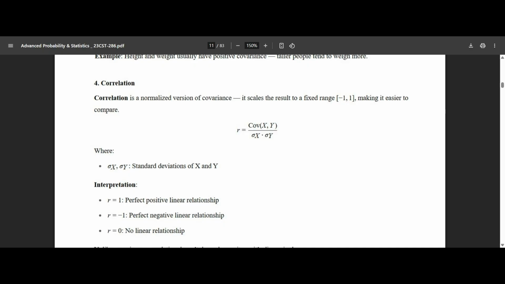Up next, we have correlation. Correlation, as you can see, the formula is directly dependent on covariance. So correlation is a normalized version of covariance. It scales the result to a fixed range, that is -1 to 1, making it easier to compare। So R equals to covariance of x comma y divided by sigma x into sigma y, where sigma x and sigma y are the standard deviations of x and y। So अगर R, बट एक प्रॉपर्टी है कि R की वैल्यूज हमेशा